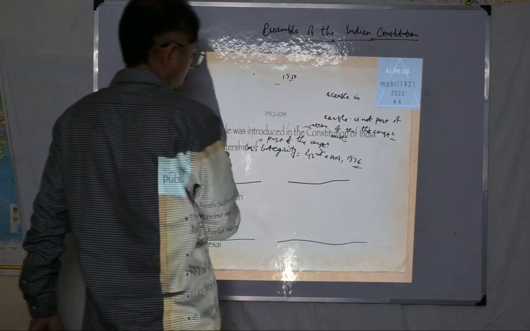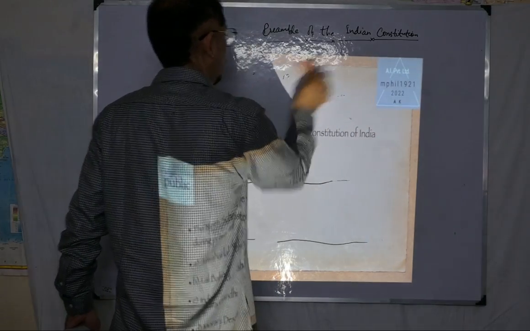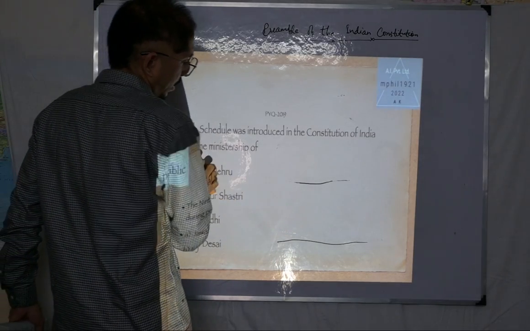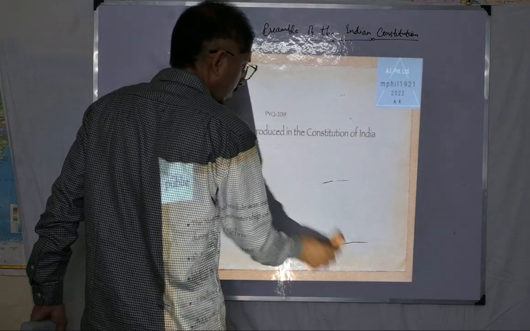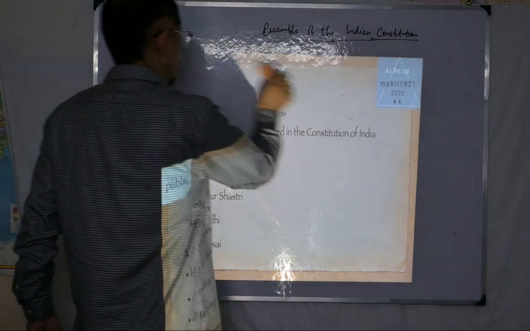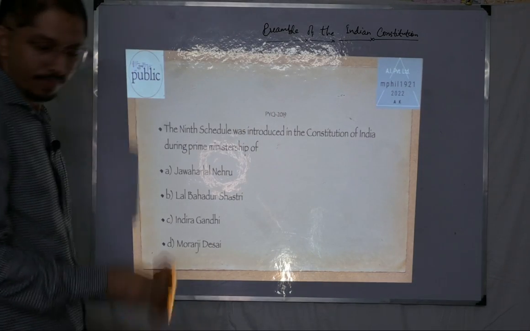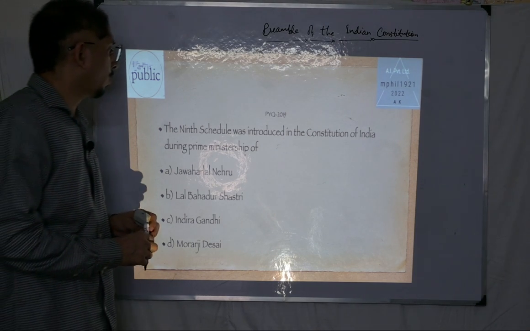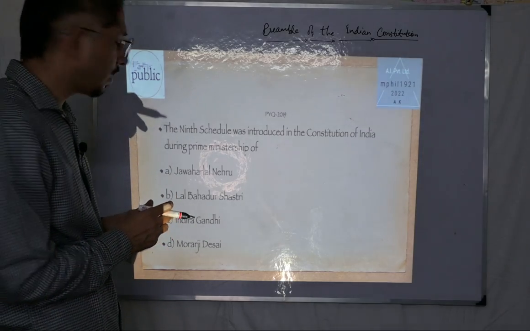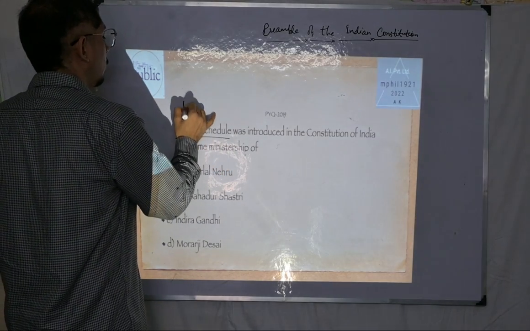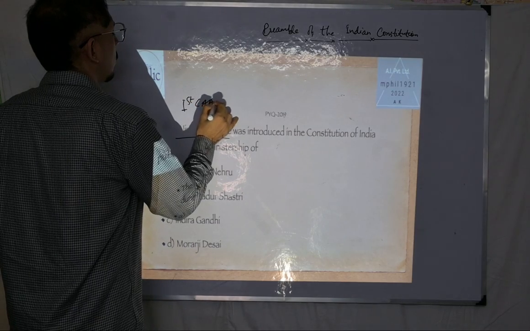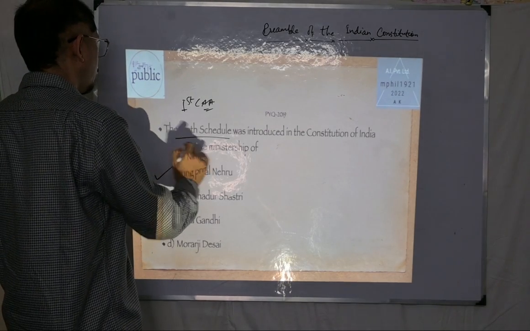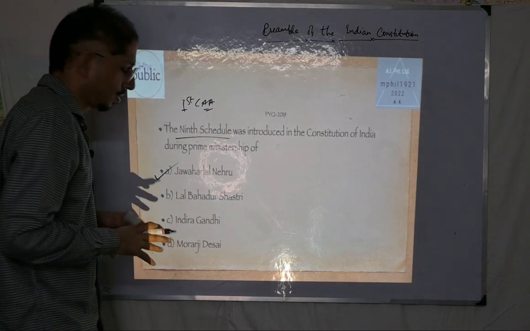While the previous question required the study of cases, important judgments and their integration, and a little bit of interpretation, this question is completely factual. If you have encountered the schedules or the Constitutional Amendment Acts, the 9th Schedule came through the First Constitutional Amendment Act. And who introduced it is completely factual: the first Prime Minister of India, Jawaharlal Nehru. This one is quite simple.